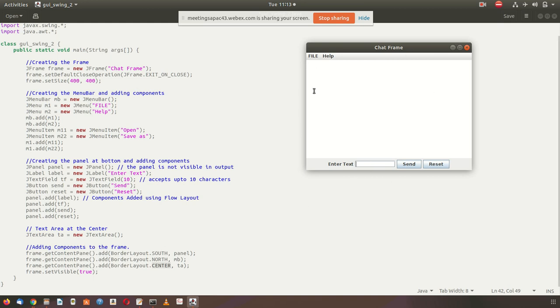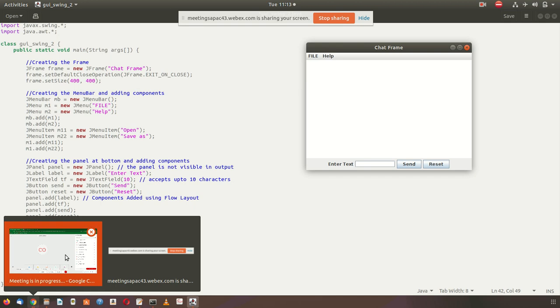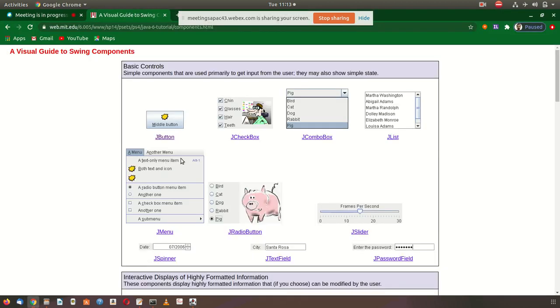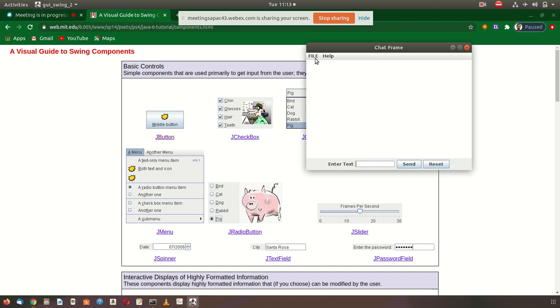So this is an example of a layout and an example of how to add a menu bar. In this diagram, this is the menu bar. Inside the menu bar you can see many different items, but we are making a basic, simple menu bar consisting only of text. Open and save. If you click open, something should open, and if you click save as, something should be saved to the directory.